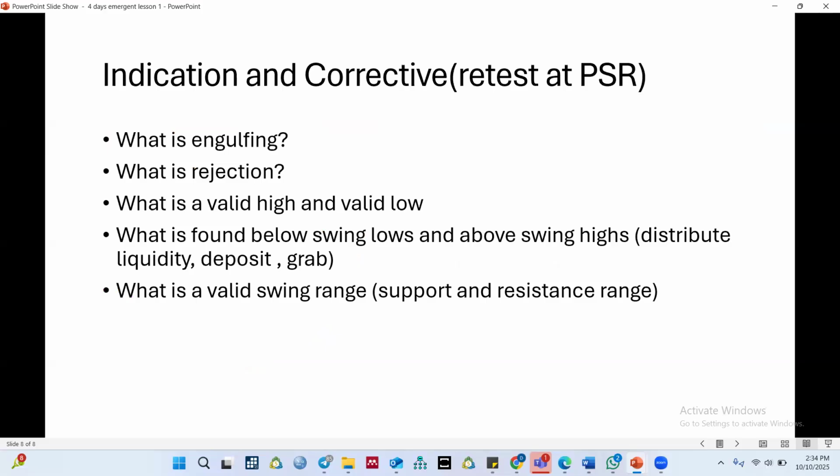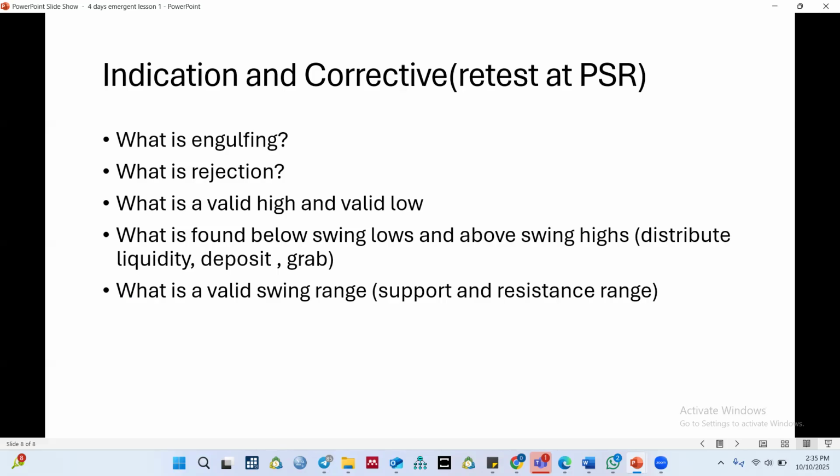So now I want us to do a little bit of test before we move on. I mentioned indication earlier, that it's important to see indication. As a matter of fact, it is required. So what is indication? And if you're talking about indication, then you are talking about retest or corrective also. So we want to take a little bit of time to demonstrate what indication means on the chart, what retest or corrective mean on the chart. But before we do that,